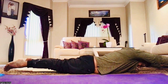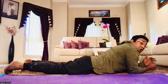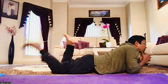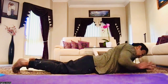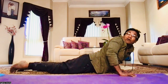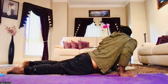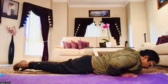1, 2, 3, 4. Now, hold your chin, rest, push your legs towards the bum. 1, 3, 4, 5. And then push your upper half of the body up. Look at your right ankle. 1, 2, 4, 5. Change side. 1, 2, 3, 4, 5. Okay. Now,